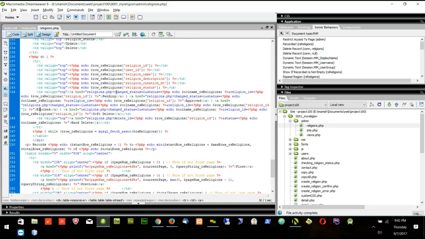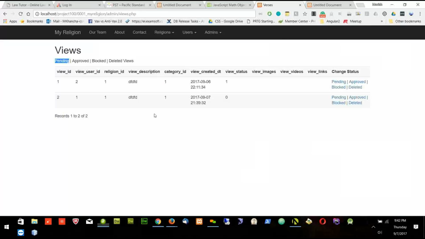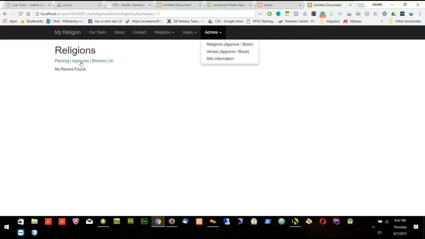So when I pass change status equal to 0, I am changing it to pending. If I am passing change status as 1, that means I am making it approved. If I say change status of 2, I am making it blocked. And if I pass change status of 3, then I'm making it a soft delete. Let's do it like this. So if I go approve 1,